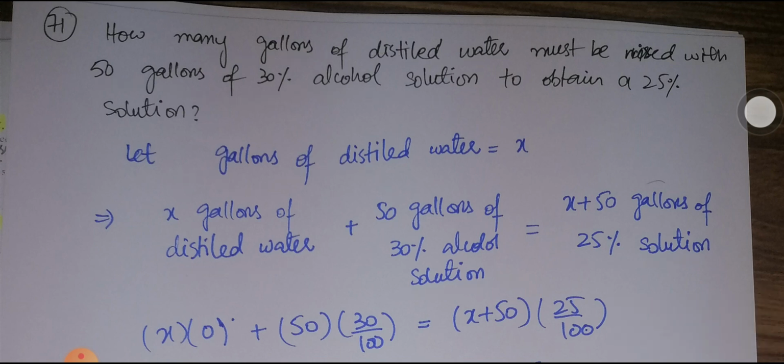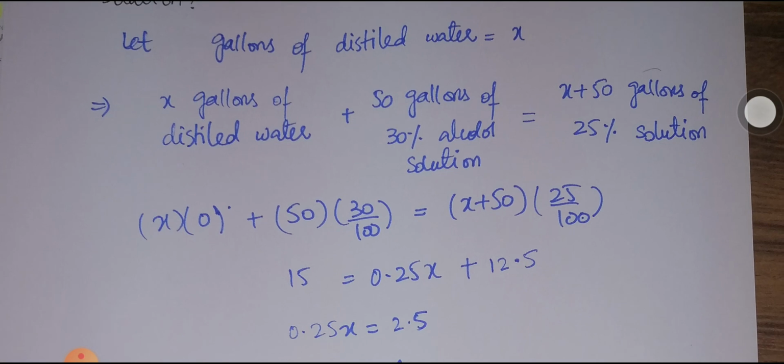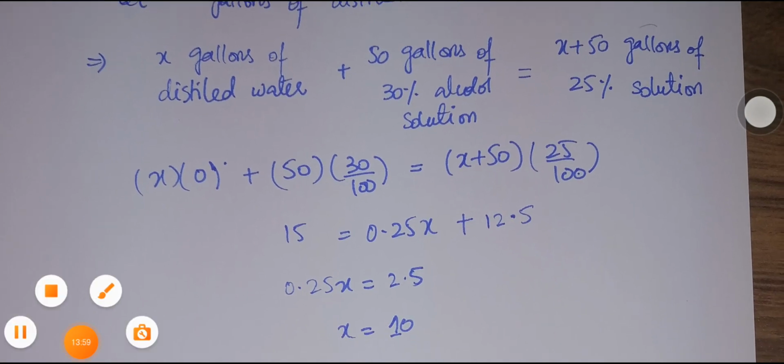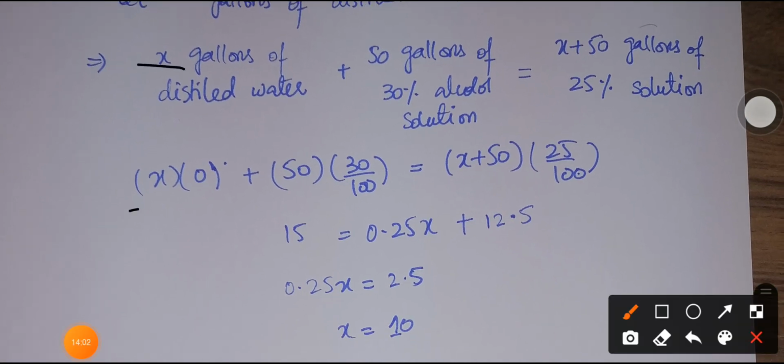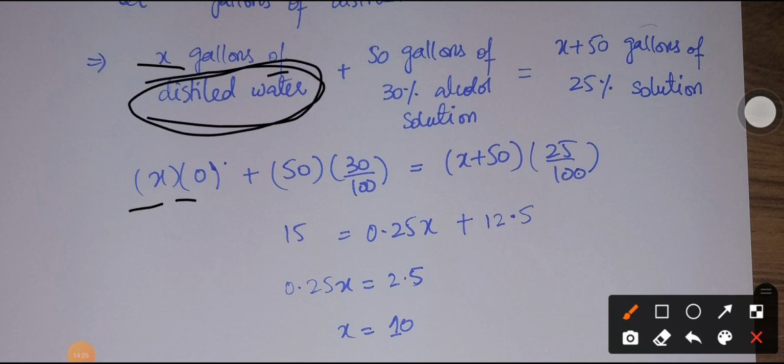So now I'm going to convert this word problem into the mathematical equation. x gallons of distilled water, x as it is, of means multiply. Now what is the percentage or concentration of alcohol in this mixture? As we are having distilled water, no alcohol will be present in it, or it is pure water, so alcohol will have zero concentration. That's why I'm going to put a zero percentage over here.